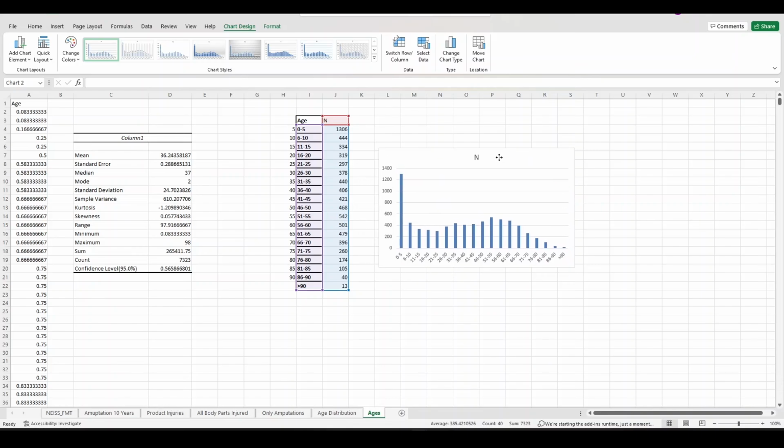This is a good looking chart. Here you go. So this is another chart. Maybe it looks a little bit cleaner than the every single age,